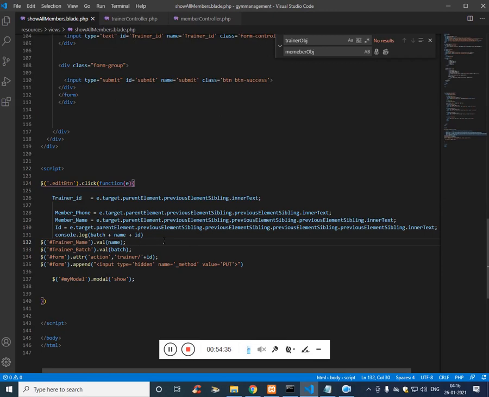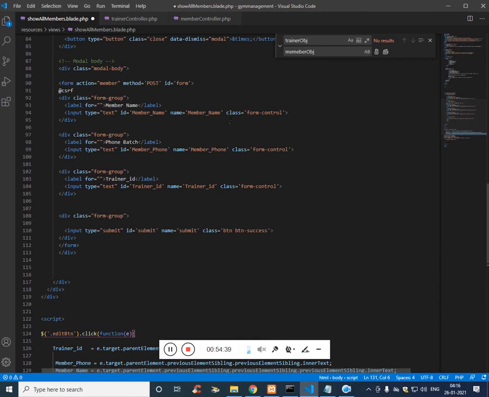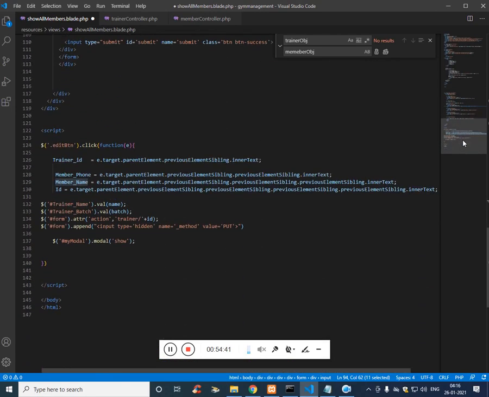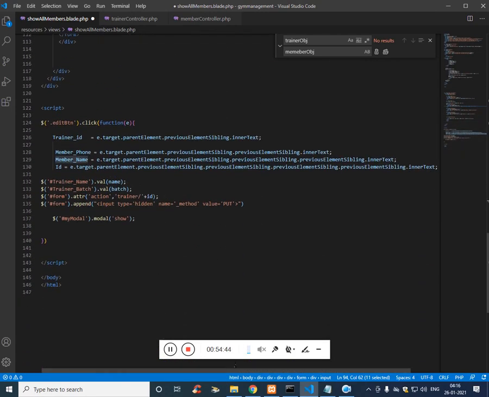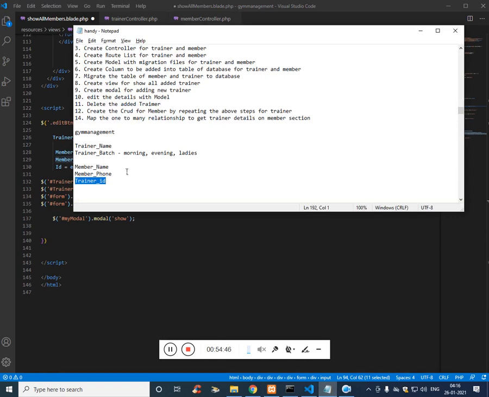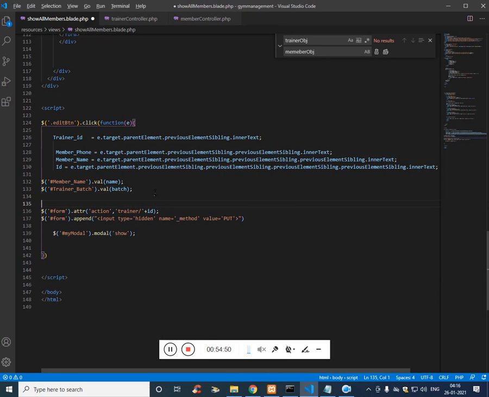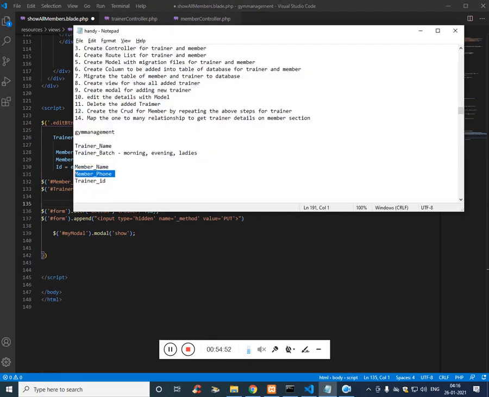The same way, I think we need to change this. We have changed this ID of the input field. The first one is member, the second one is phone, and the third one, we need to pass ID as well.